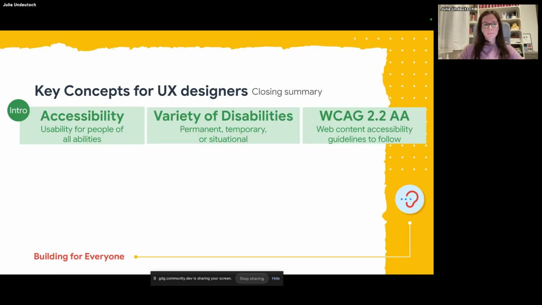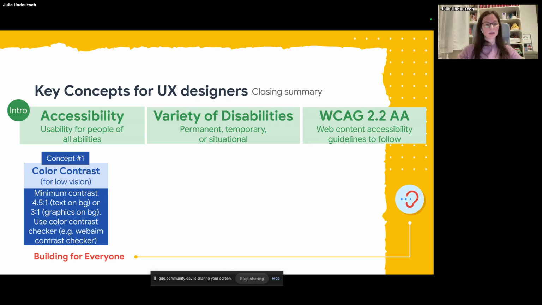So as a closing summary for UX designers today: we had the introduction about accessibility, usability for people of all abilities. There is a variety of disabilities and they can be permanent, temporary, or situational, and not only from our own experience, but we also have guidelines we can follow, which help us create more accessible content.